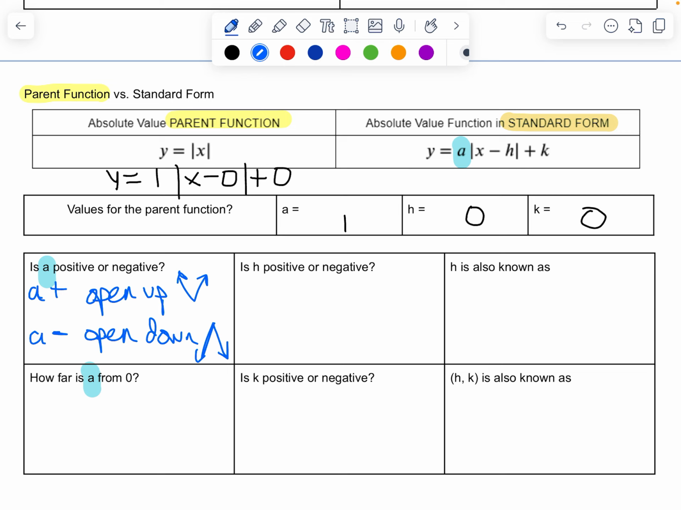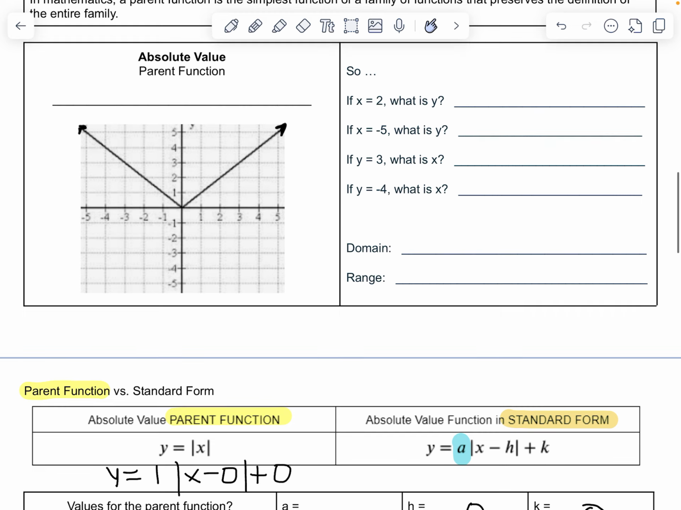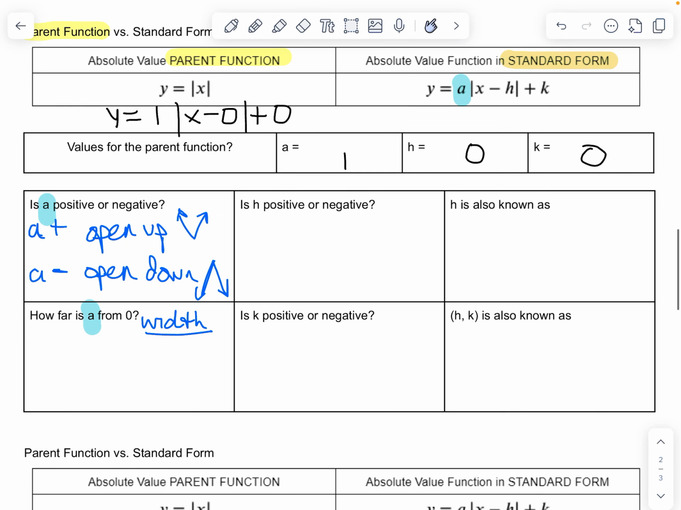How far is our A from 0? Now, this is one of the trickier concepts for us, but this is a conversation about width. If I go back just real quickly and take a look at our parent function, we can see a little bit of spacing between the two rays, geometry speaking, in the picture. So let's understand that if our A value is a distance